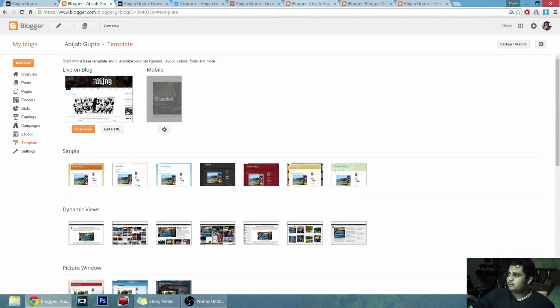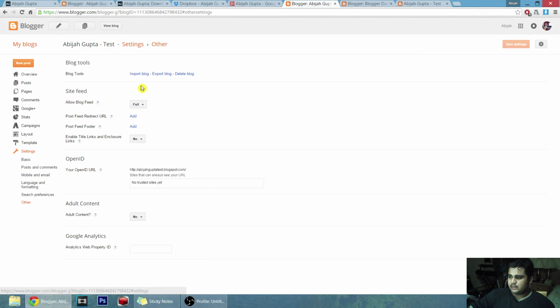And then for settings, pretty much you've got stuff like importing or exporting your blog, or even deleting it if you don't want to. Google Analytics basically is, remember how we looked at the stats? So Google Analytics is good if you want to look at it in a more in-depth manner. Search preferences, language formatting, mobile, email. You can pretty much skip this entire portion right here, because it's good the way it is set